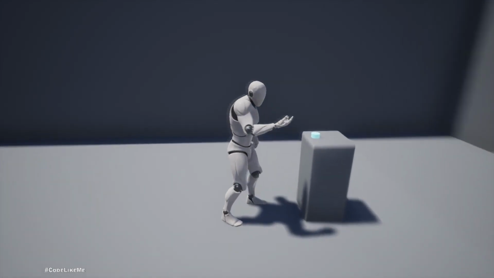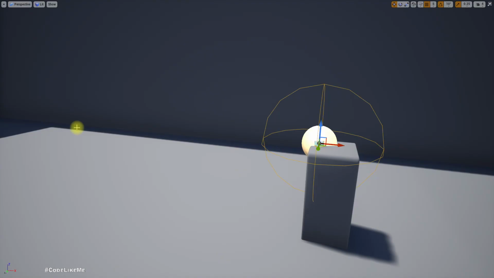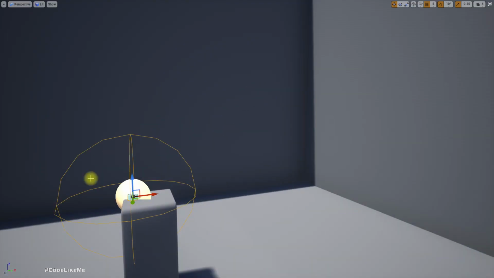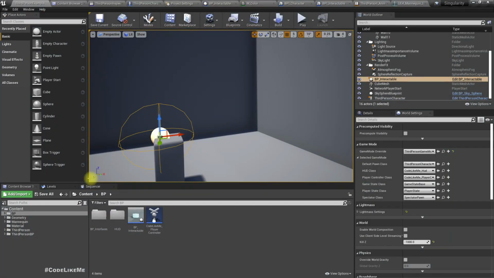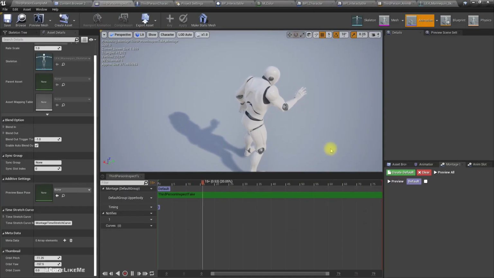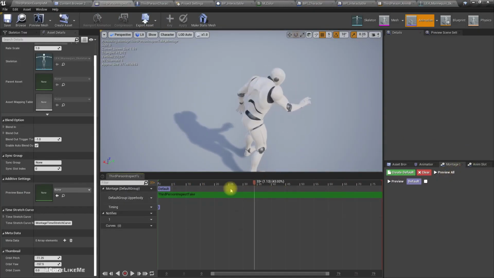Right, so the animation is working. Now let's see how to make the object actually attached to the hand. So for that, here in this take animation let's add